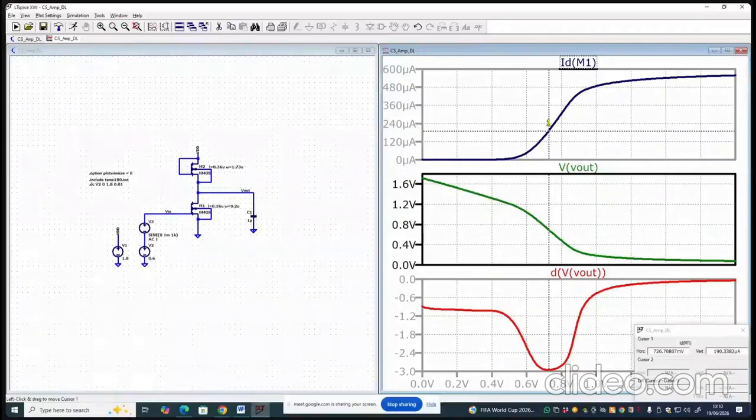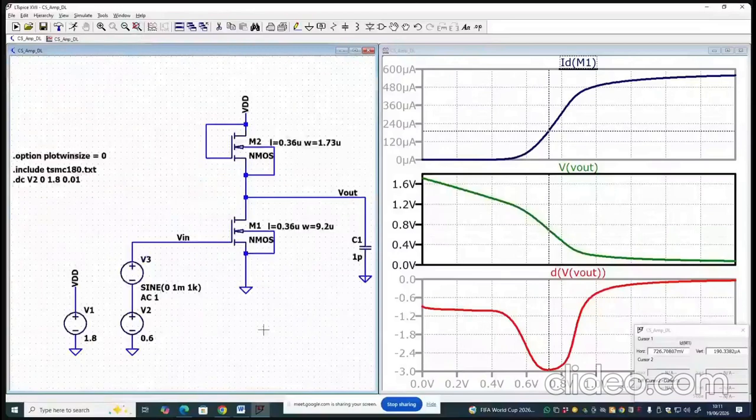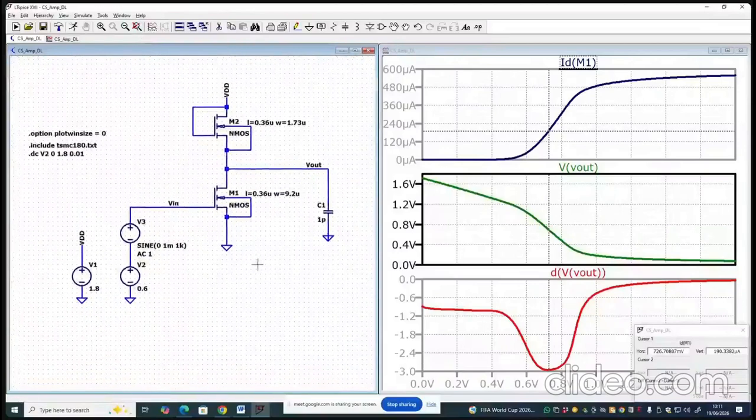Means we can simultaneously see what is the output voltage level and what is the current, so that the power dissipation is not violated, right? So what do you suggest? What shall we do? The gain, we are not meeting the gain requirement, and the reason is that the